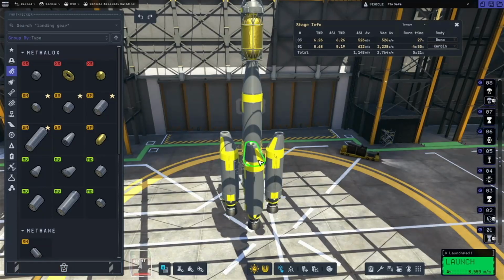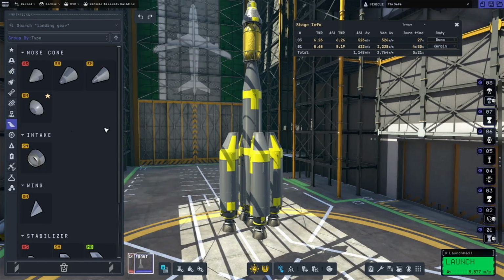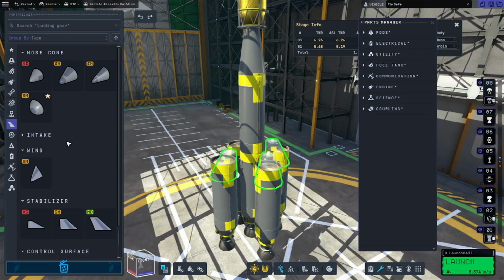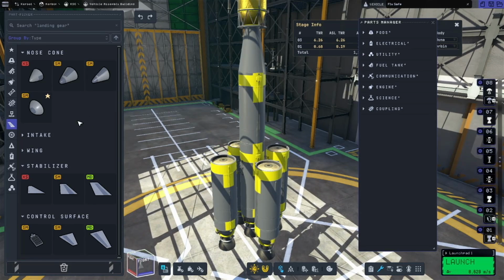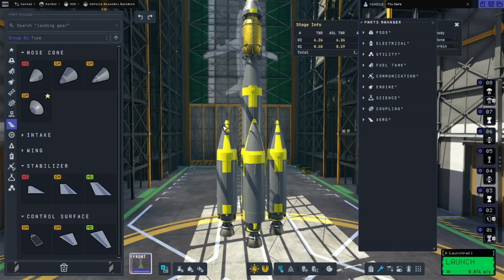I spent way too much time trying to make these side tanks aerodynamic, only to give up and make them pointy. I wanted it to kind of hug inwards like this, but we don't have any angled top fins, so it just looked weird, so I'm just going to make them straight. But like I said before, I'm just kind of eyeballing these engines. I feel that this will be plenty to get us into orbit,